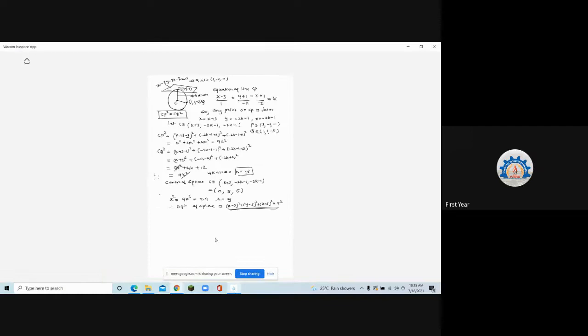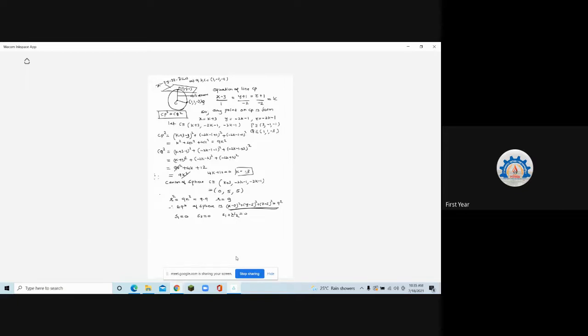I'll write down here and I'll tell you. Okay. So you have S1 equal to 0 and S2 is equal to 0. So one way is find S1 plus lambda S2 is equal to 0. You will be given one extra condition कि ये sphere जो चाहिए मुझे that will pass from the point 1 2 3. Then I'll put that point 1 2 3. I'll get the value of lambda. Done. मुझे वो sphere मिल गया.